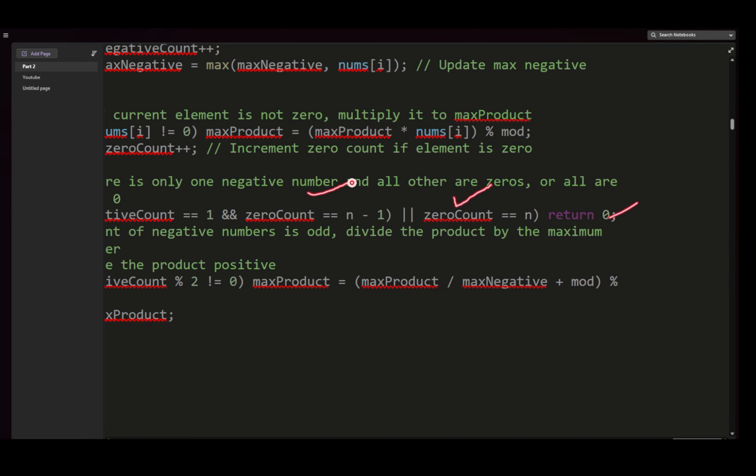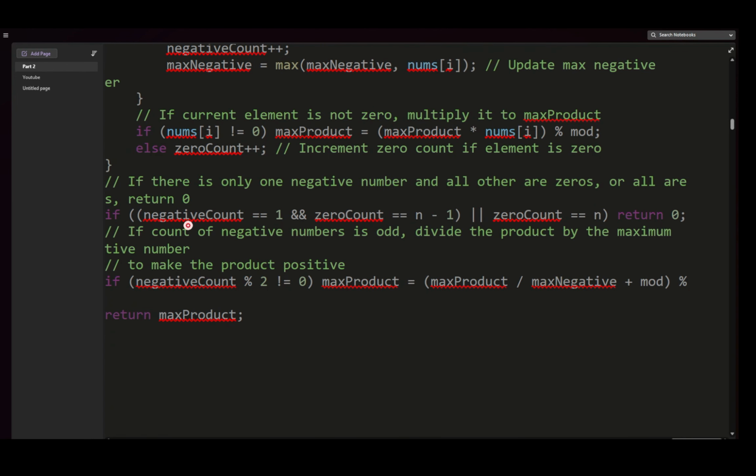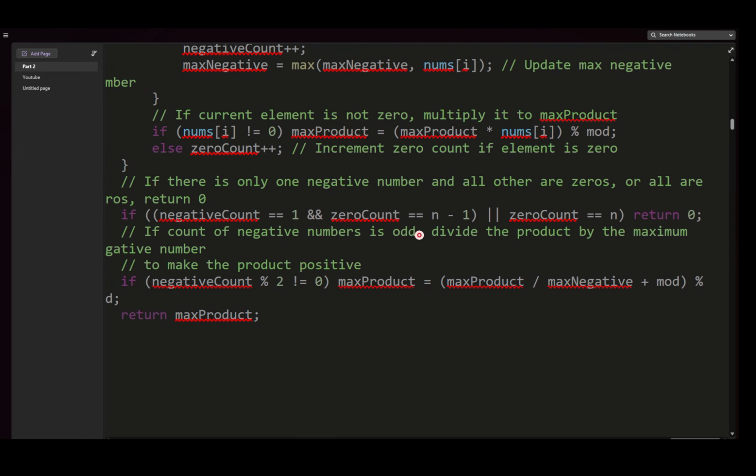So these are the two base conditions we are handling. They come after the loop only, because we are counting all the negative counts and zero counts. So this will be handled as a base condition after traversal, and after that we check the negative count modulo 2. Suppose we have all the negatives in even occurrences, like negative one, so all negatives will be cancelled out,